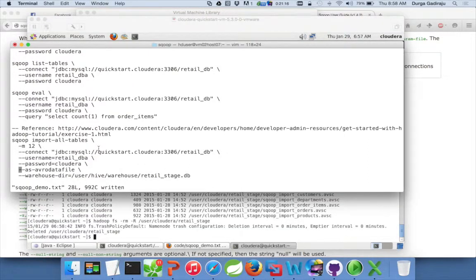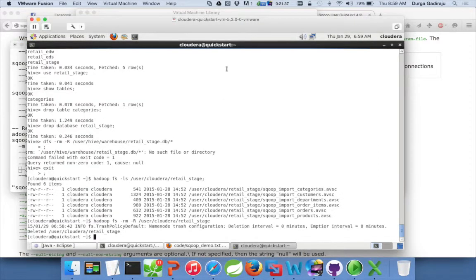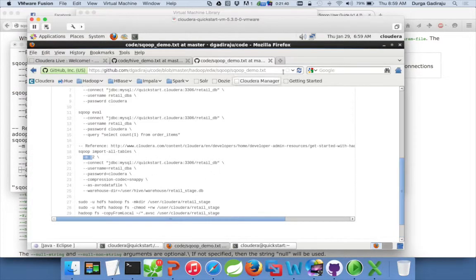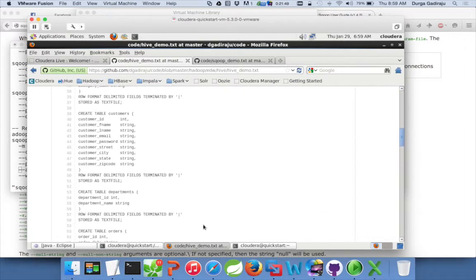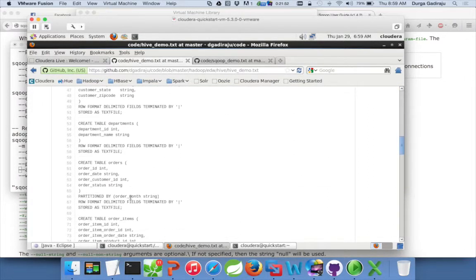Okay, so before actually I am trying to stage the data from the source database into retail stage. The reason is, if you remember the data modeling which we have done, the table structures between ODS and the source system need not match. So for example, if you go back to the repository and go back to Hive demo, and if you refresh this one, it will give you the latest one. Okay, and these are the tables which we have executed as part of data modeling demo or Hive DDL demo.